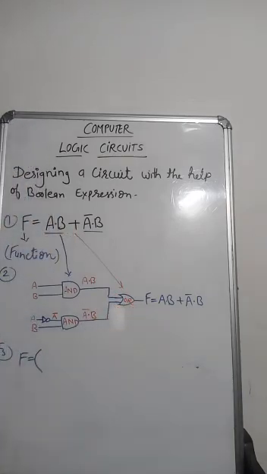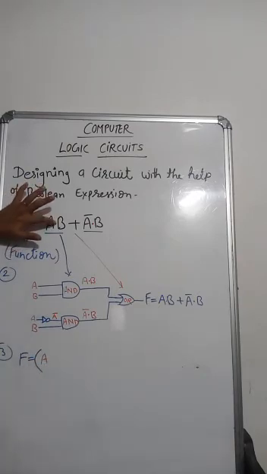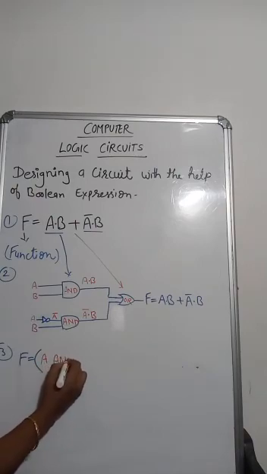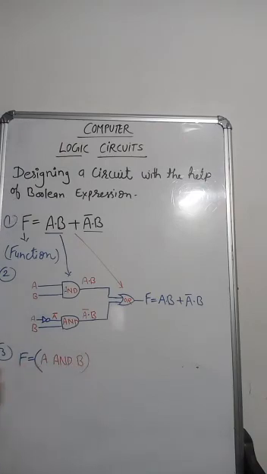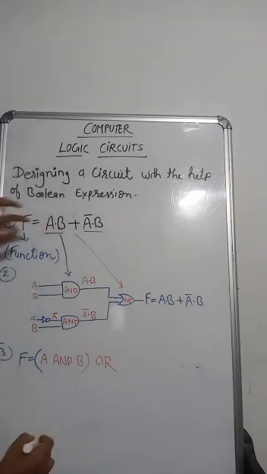Fine. So A dot B, it means A, for dot we write here the gate name AND, and B. Okay, for plus we write here OR, then